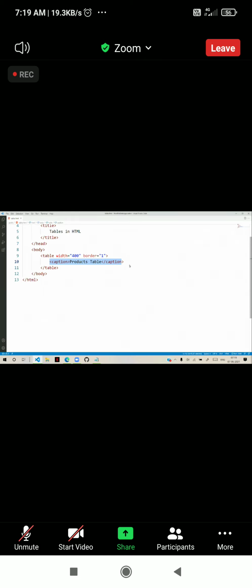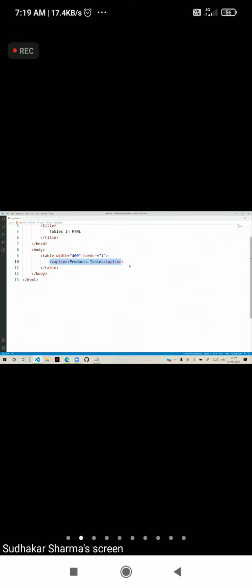So that will be a very important issue. Caption is helpful for making it search engine friendly.